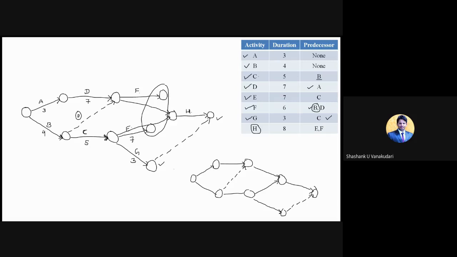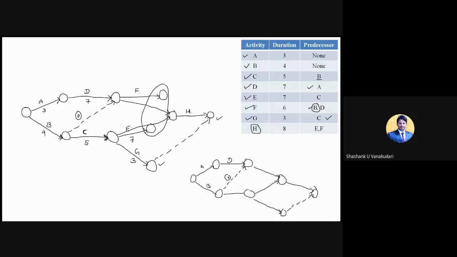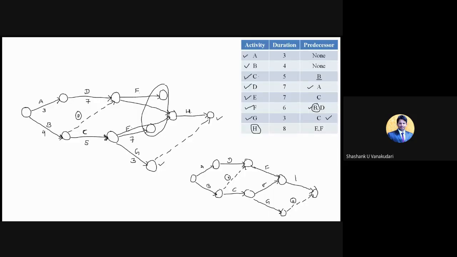Okay, so this one starts with A here, and this is D, this is a dummy activity, and this is B. Provide an arrow for this also, and then C, F, and then this is E, and this is G, and this is a dummy activity, and this last one is activity H. So just write the corresponding durations for these activities and get ready for the time estimates.